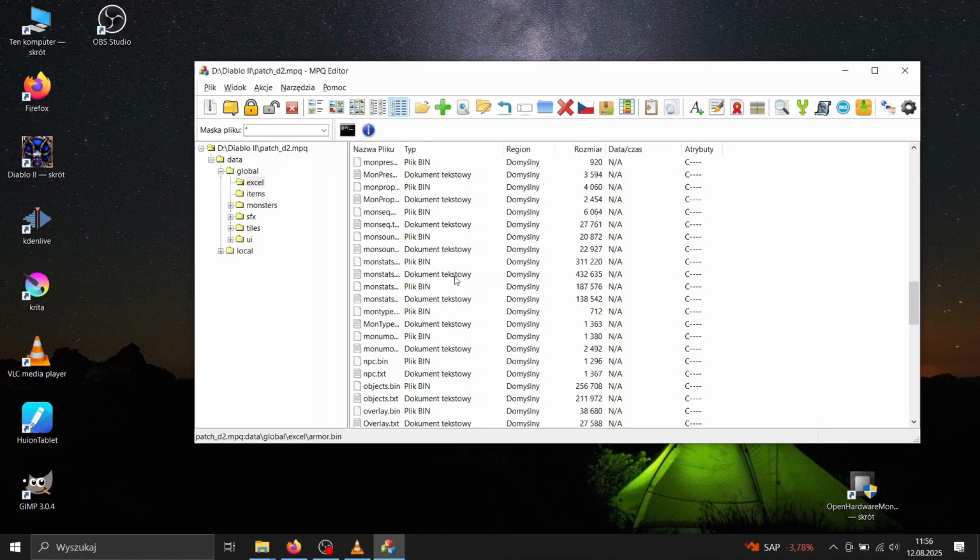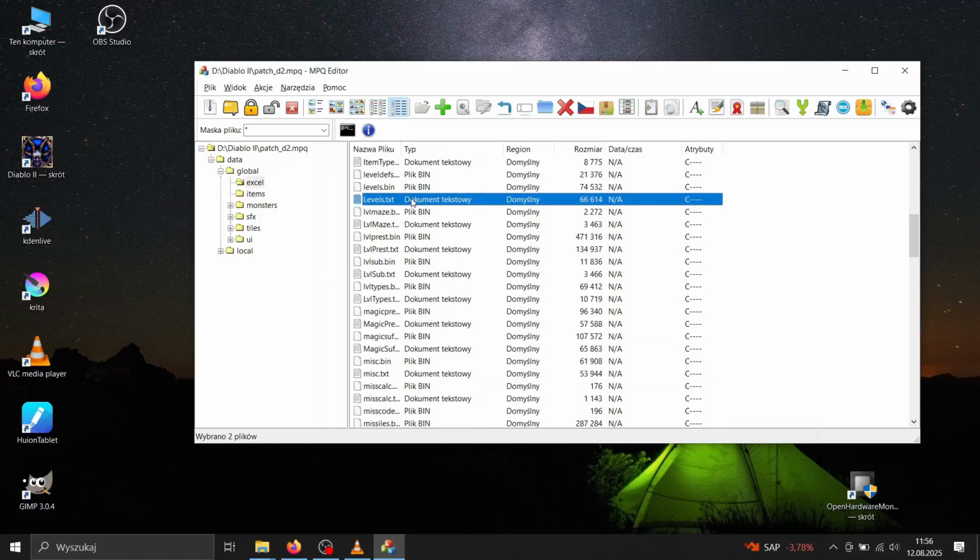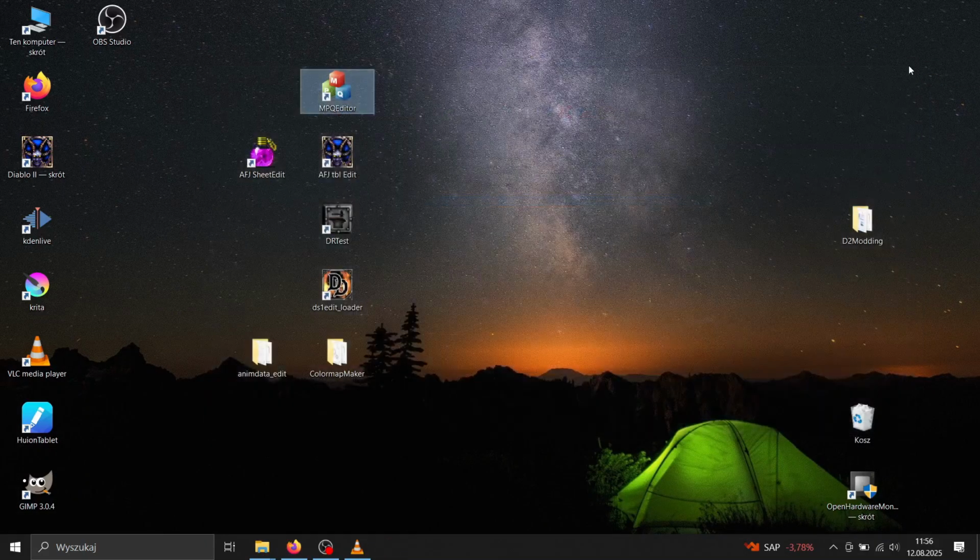For example, in the next video we will extensively use two files exported this way. Those are monstats.txt as well as levels.txt. However, even though they are simple text files, modifying them in the default notepad is out of the question, unless you want to do a modding Diablo 2 challenge run. But, for the sake of accessibility of this tutorial, to edit those files we will use a much better suited